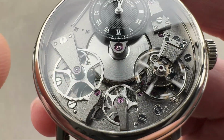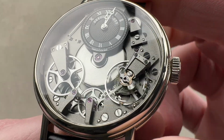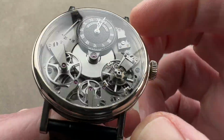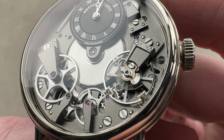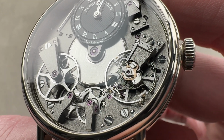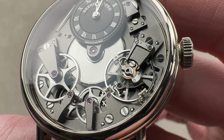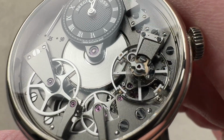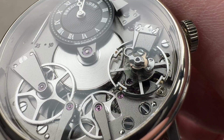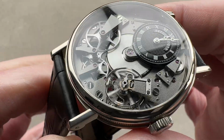So the barrel sits at center, then you have the great wheel, third wheel, fourth wheel, the escape wheel, and the anchor, plus a very modern free-sprung balance. You can see it features recessed gold screws that are used for all the fine timing adjustments. It's both a more shock-resistant setup than a traditional mobile stud index, but also one that allows for more precise regulation. You can also see we have a Breguet overcoil hairspring, and that allows the watch to keep consistent time